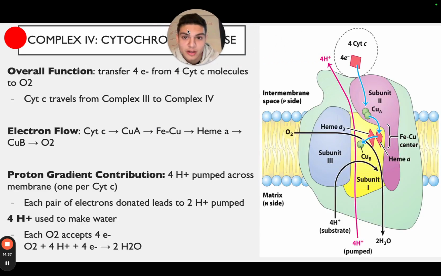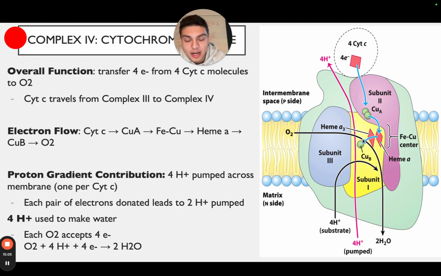So for complex 4, cytochrome oxidase, right? The overall function is to transfer 4 electrons from 4 cytochrome C molecules to O2. So what this means is that we're going to have 4 separate cytochrome C molecules come in. They're going to bring their electrons. They're going to get transferred from the cytochrome C to the first copper A, and the copper A is going to transfer it to these iron copper cluster centers. And what's going to end up happening is it's going to transfer it to heme A, and then heme A3,